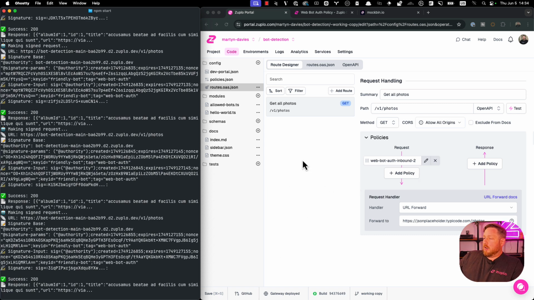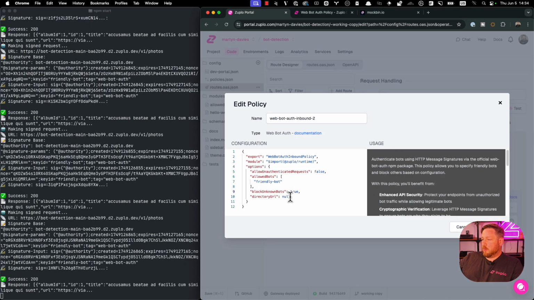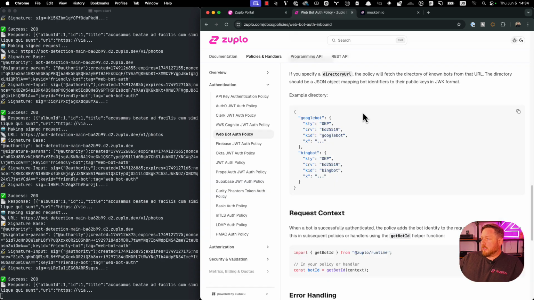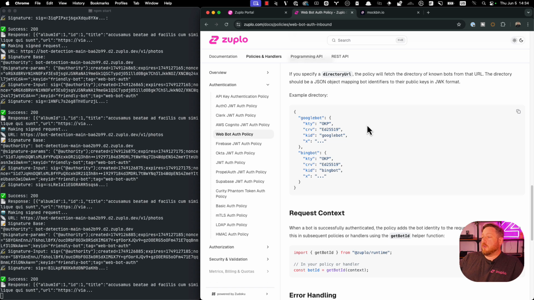So what I'm going to do now is head back to this policy. We need to specify a directory URL. The directory URL looks like this. It's basically a list of the cryptographic signatures, the public keys for these specific bots. So for example, Googlebot or Bingbot, or in the case of our friendly bot, we need something that looks like this so that we can map this to that particular policy and then check it against the signature that's making